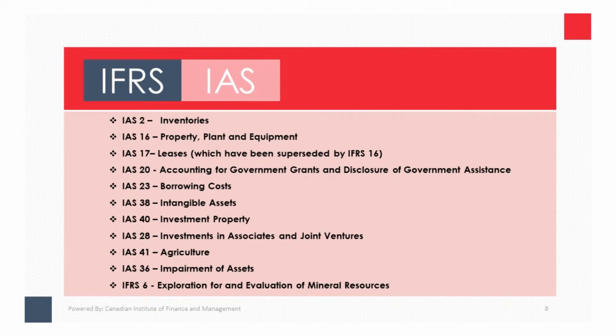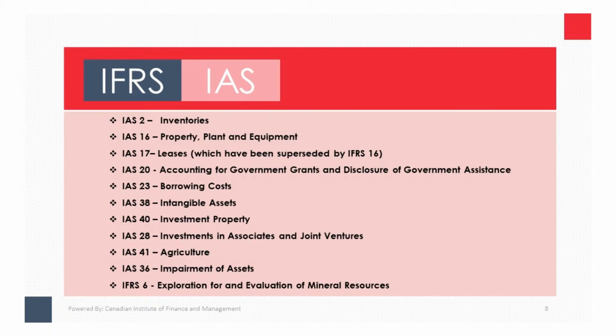The topics covered in this section are as follows: IAS 2, Inventories, IAS 16, Property, Plant and Equipment, IAS 17, Leases, which have been superseded by IFRS 16, IAS 20, Accounting for Government Grants and Disclosures of Government Assistance, IAS 23, Borrowing Costs, IAS 38, Intangible Assets,